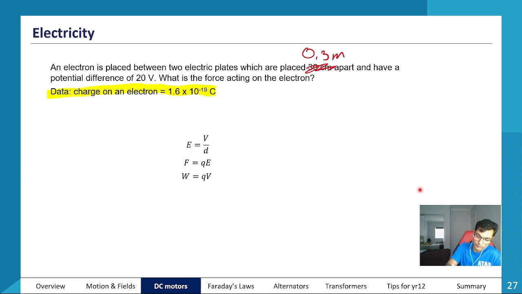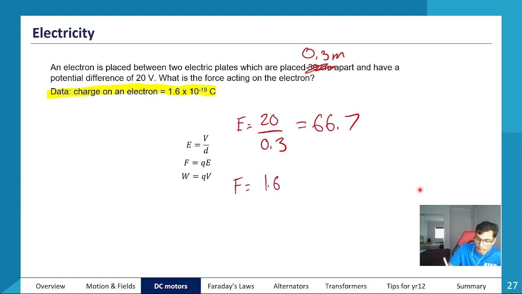Cool. So if you were to solve this, we know that the voltage acting on the electric plate is 20, and we know that the distance between the two plates is 0.3. And then from that, we can find the electric field strength, which would be 20 divided by 0.3, which is about 66.7. And then from that, we can find the force on the electron, which is force is equal to the charge being 1.6 multiplied by 10 to the negative 19 multiplied by